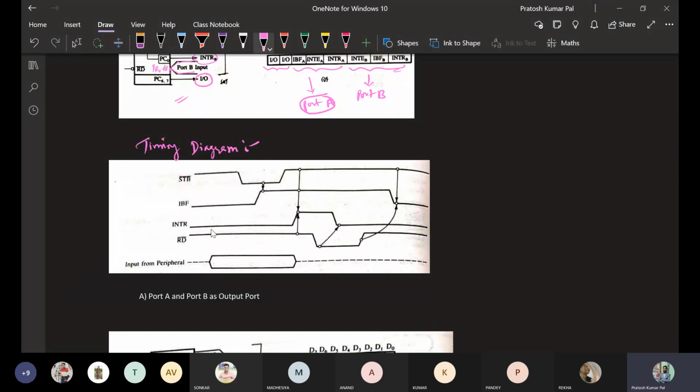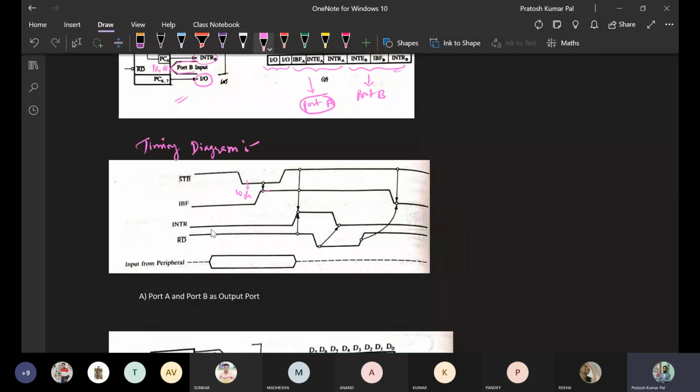And once this data is accepted by the microprocessor, it will send input buffer full as a high pin. So this is low, that means 1 byte of data has been sent by the peripheral device. And once the microprocessor accepts that data, it will make the input buffer full a high signal.